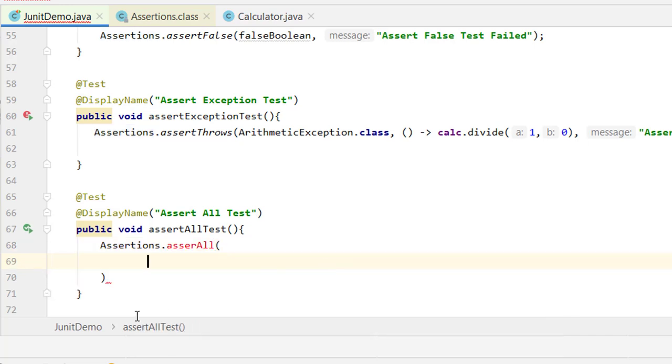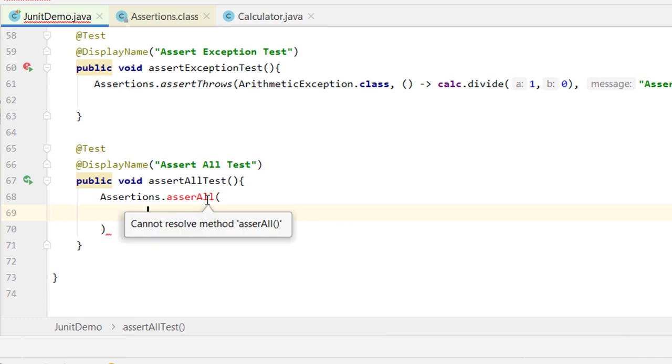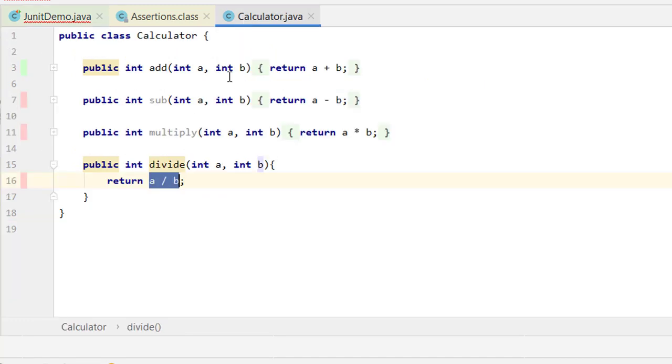Let me show you by example how it works. Let's say we have one addition method in this calculator class. There are multiple test cases for addition: a positive value added to a positive value, a negative value with a positive value, a negative value added to a negative value, and some value added to 0. These are the test cases we need to cover.